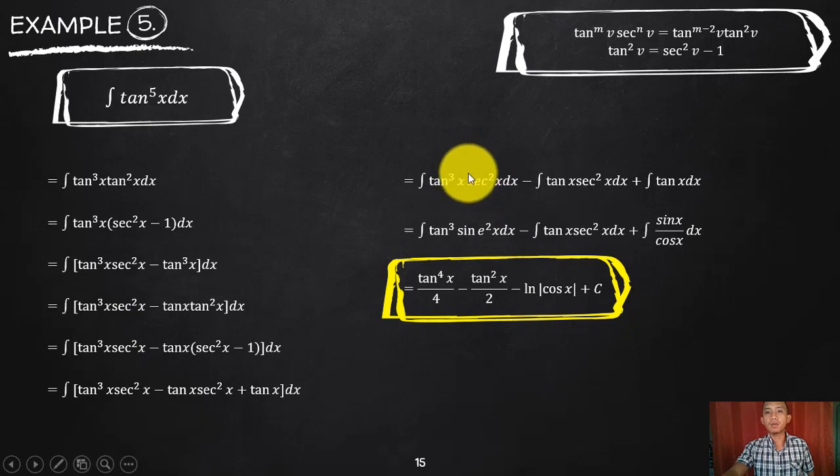This is just again a power rule. Why? Your tangent x is your u. The derivative of that is exactly secant squared x dx. Your n is 3. Same as this, but your n is 1. So power rule. But in your tangent, okay,